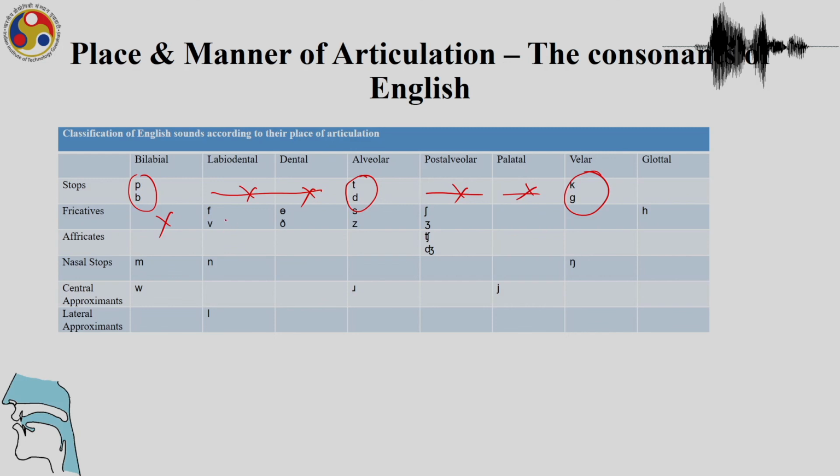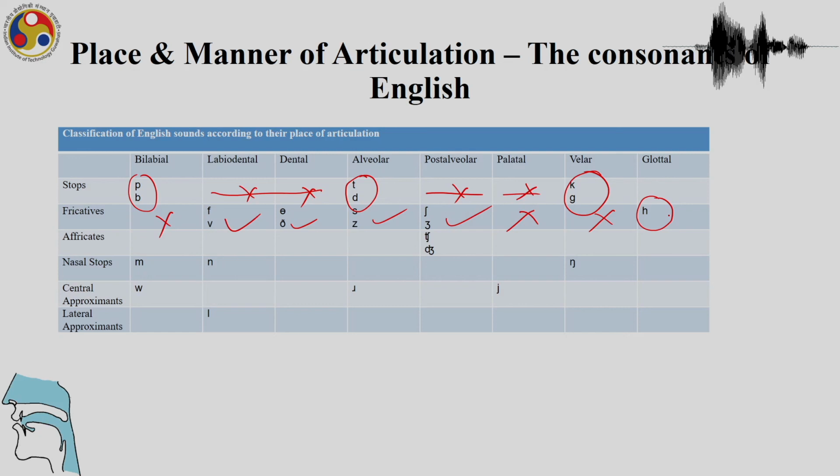We have labiodental fricatives, dental fricatives, alveolar, post-alveolar; palatal is not there, velar is not there, and this is called the glottal fricative in English. It is pushed out from the glottal region, but it is important to note that in the production of this voiceless sound in English, if we look at the spectrograms, the acoustics, we will very often see that it takes the shape or formants of the